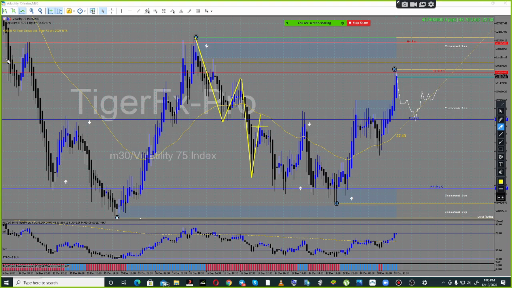Understand what I'm saying? What do we have here? We have an impulse move, then a correction. The correction is what we use to take trades. You understand, guys? We identify an impulse move, and then we wait for the correction. We use the correction to take a trade. If you want to sell, we use the same method.